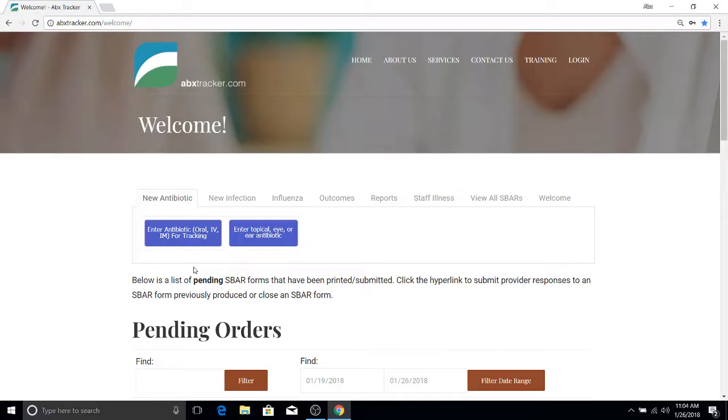In this video, we will review the first tab in the menu, the new Antibiotic Tab. Examples of when to use this tab would be when a new antibiotic is coming in from the outside to your facility. These would include on admit from a hospital, on admit from the community, if the patient leaves for an appointment with a provider and comes back with an antibiotic,